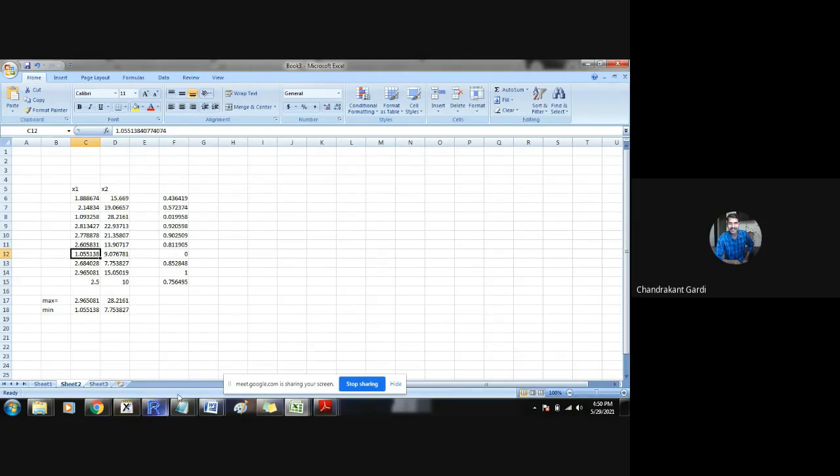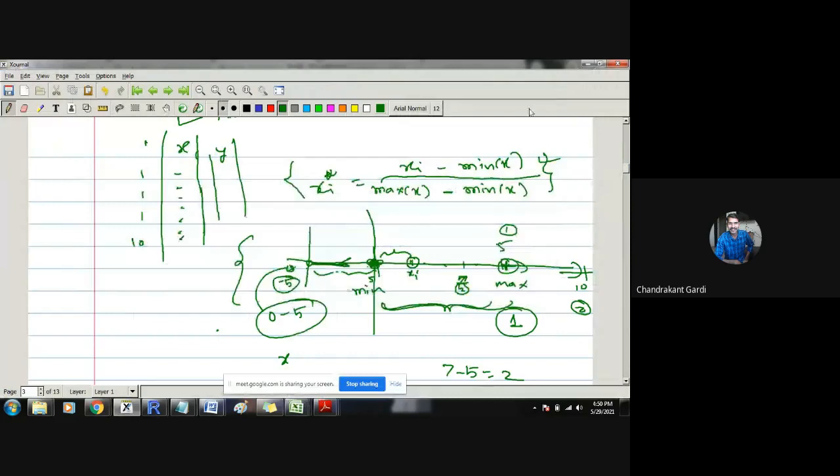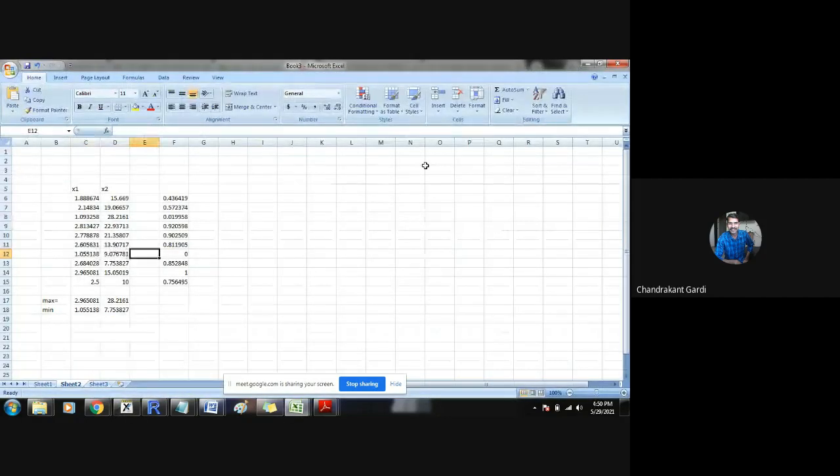So when we are saying xi minus minimum, and this xi itself is the minimum observation in this data set, the same value is taken as minimum. So minimum minus minimum is going to be 0 in that case, and therefore corresponding to the minimum observation we will have a 0 reading. Here 1.05 is the minimum observation, and corresponding to it we have 0.